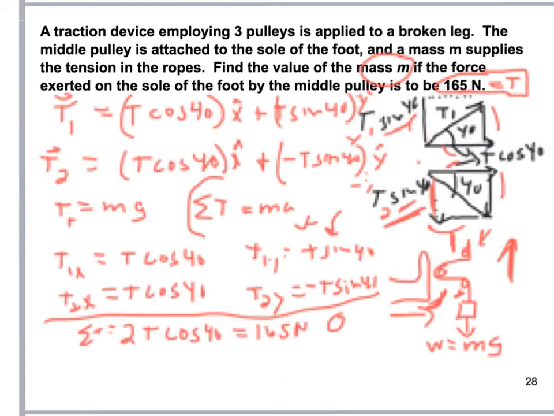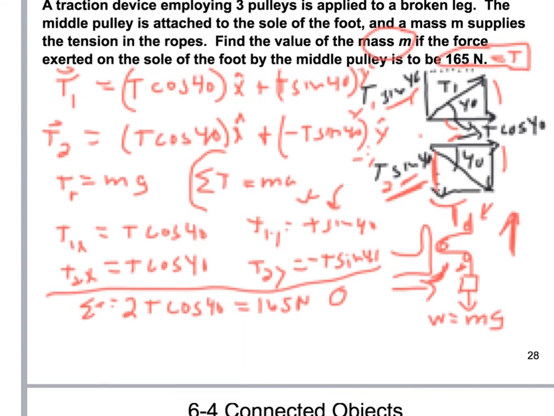And we can solve for T now, by dividing through by the 2 cosine 40. So we wind up with T equals 165 newtons divided by the 2 cosine 40, and that gives us 108